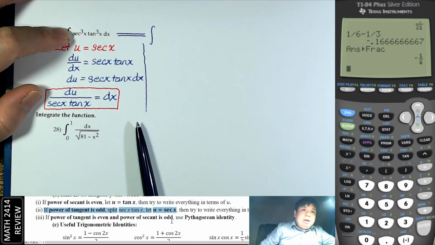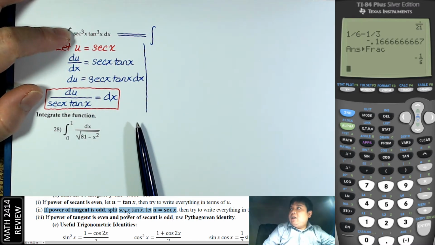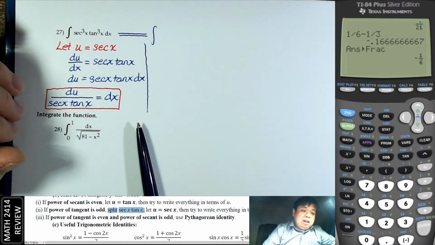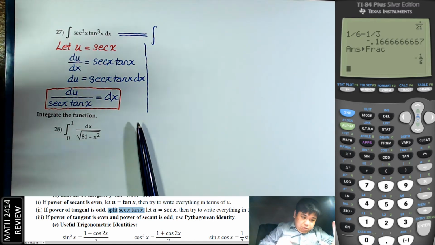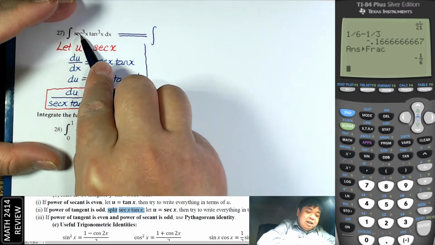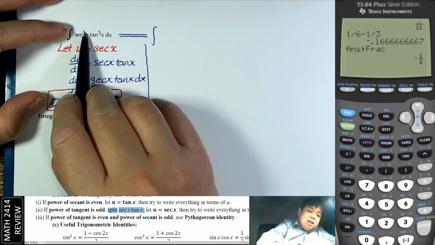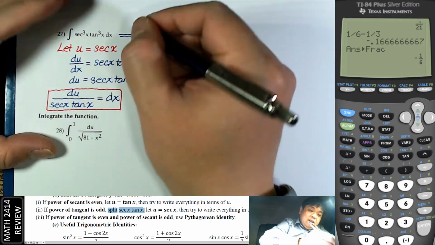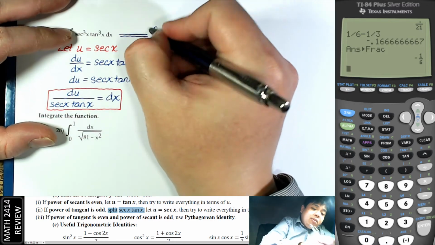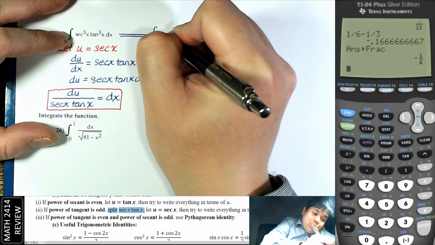So that's why we split off tangent x and secant x like that, and the rest we'll determine later. Because we're going to need the secant x to cancel with the secant x at the bottom, I will not write secant x here as a u yet. So just going to write secant cube